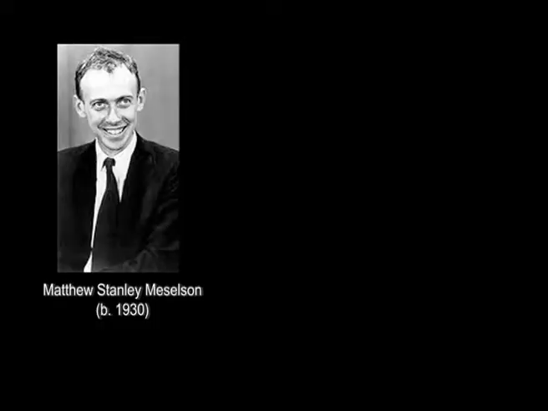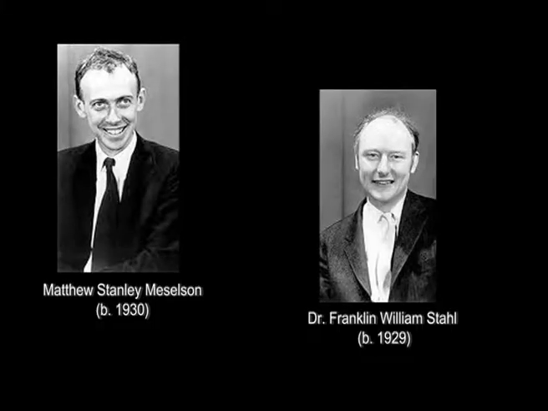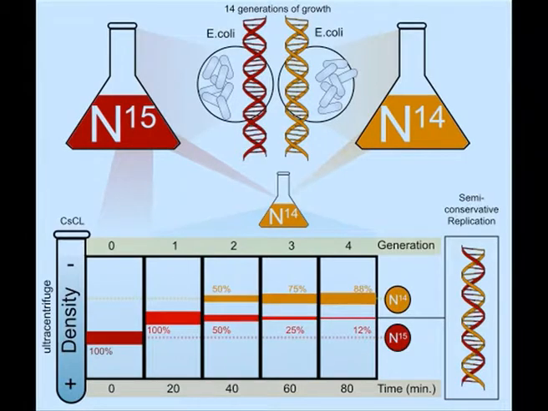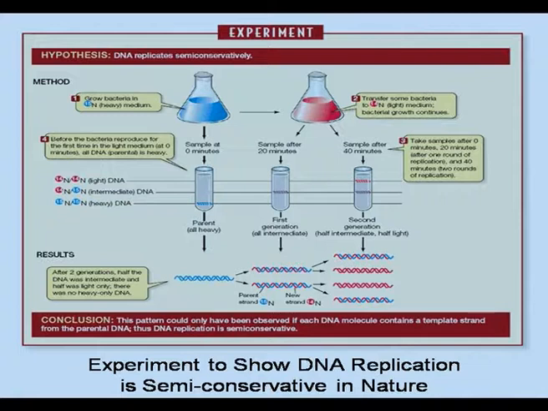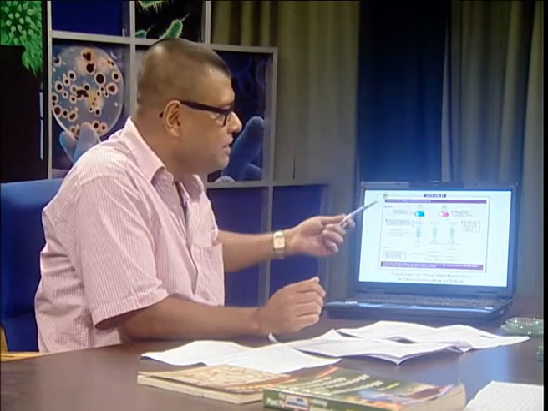Now DNA replication, the method of DNA replication was already known, but it was Meselson and Stahl in 1958 who indicated that DNA replication is semi-conservative in nature. They labeled the nitrogen N15 in the DNA strand, and this radioactive labeling was followed by normal replication. So when the DNA was replicating at each generation, it was observed that the radioactivity is reduced by 50%. So it was said that one of the strands is conserved and one of the strands is produced after that, and thereby you can see that radioactivity is reduced by 50% after every generation, and that ultimately indicated that DNA replication is semi-conservative in nature.